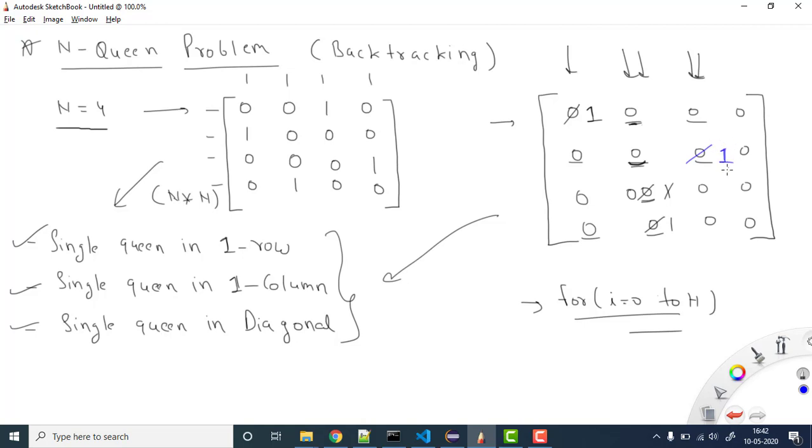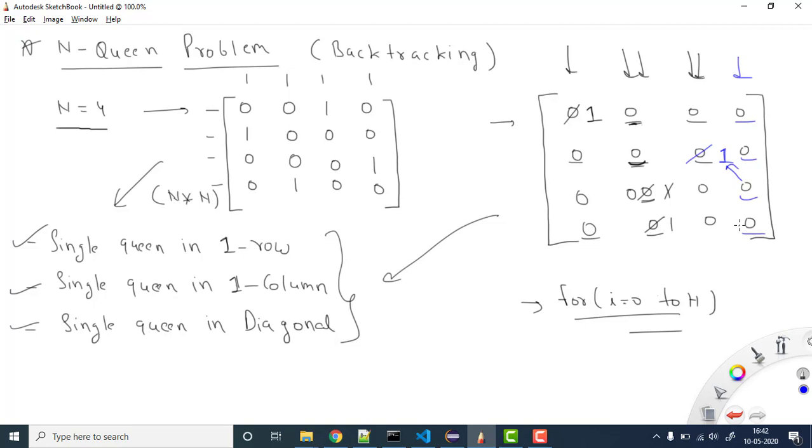Now when we have the 1 here, I move to the further column, because for this column I have already put the value. Now check, can I put the value in this row? At this place I cannot put the value, because we already have 1. Now can I put the value here? Here also you cannot put, because you have this 1. Can I put the value here? You cannot put the value here, because diagonal wise here we have the 1. Now can I put the value here?